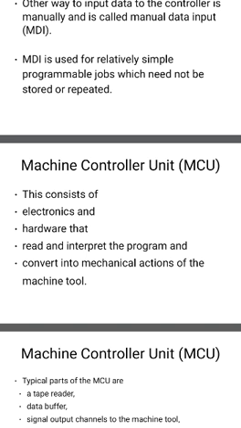For this we will have a servo motor, so that when we switch it on, the signals can reach the servo motors and control the machine tool. From these signal output channels, instructions are sent to the machine tool. From the servo motor, the signals are sent to the output channel, that is called the machine tool. Like that, the machine control unit works.